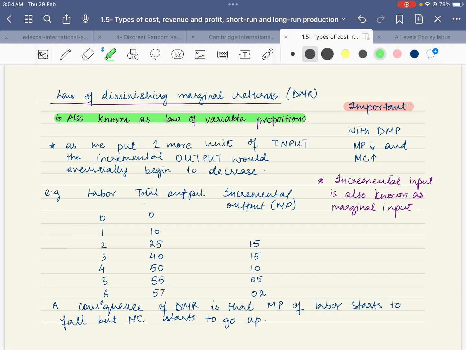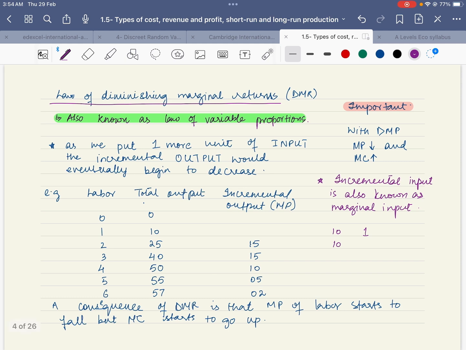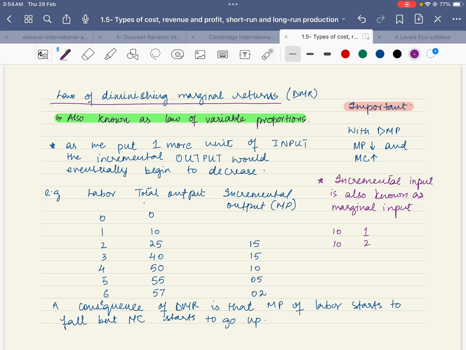For example, this is called the law of variable proportions because if you have 10 units of land and 1 unit of labor, you will generate a certain output. But if you have 10 units of land, because it is constant and only one factor of production can vary in the short run, which is labor, if you input one more unit of labor, the proportion changes from 10 is to 1, it becomes 5 is to 1. This is the law of variable proportions.